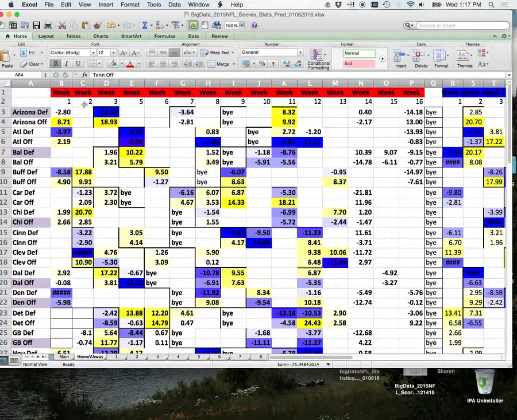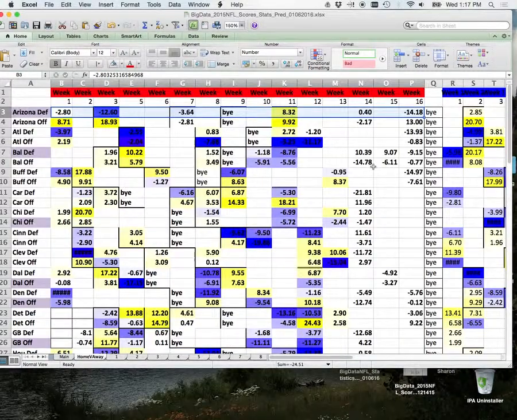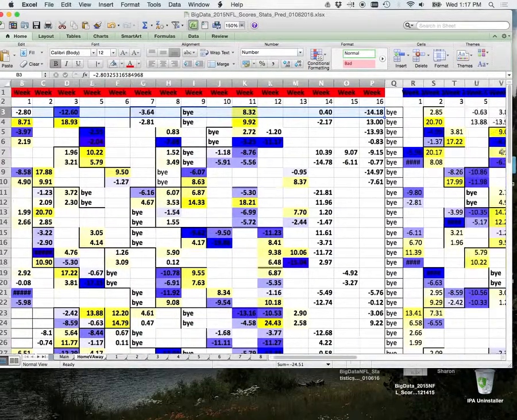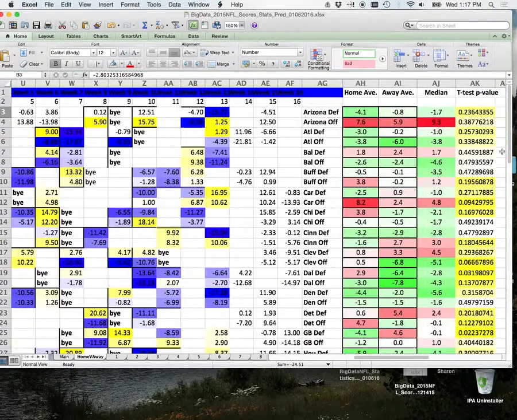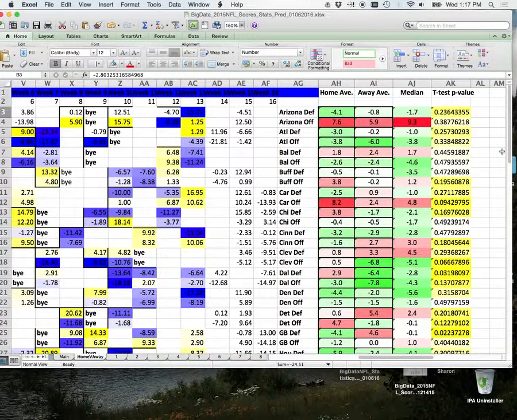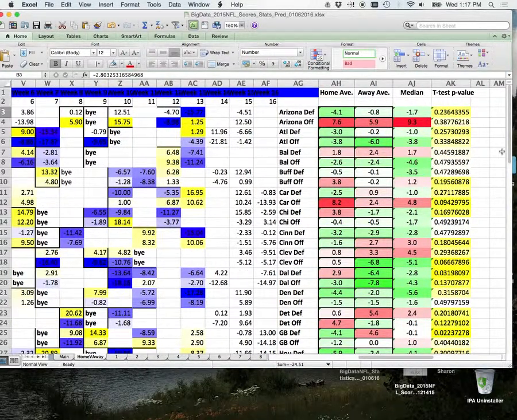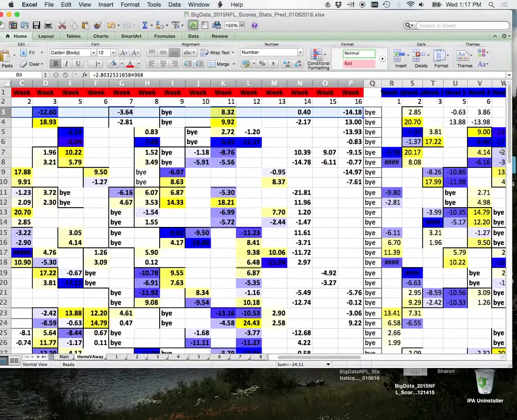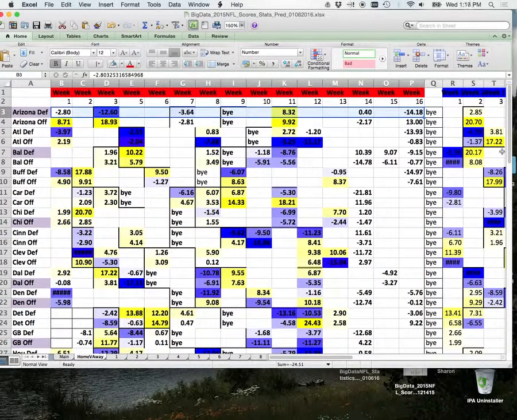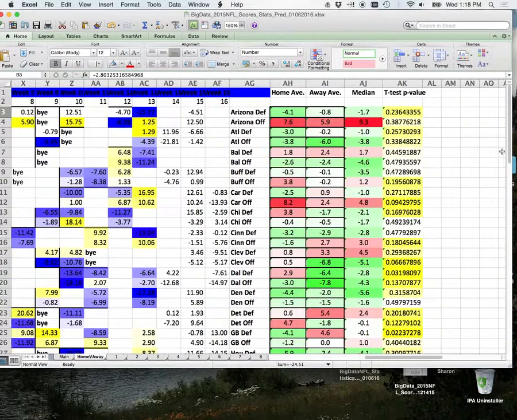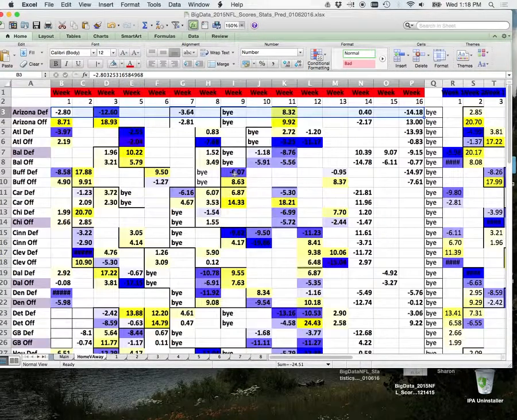So here's what we did. Does everybody see the same thing? Is yours hidden as well, or do you have all your columns on your spreadsheet? Everybody's on this, right? I don't want you guys checking out some website. All right. So here's what we're going to do. We can take